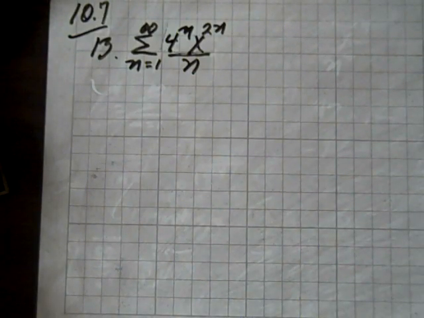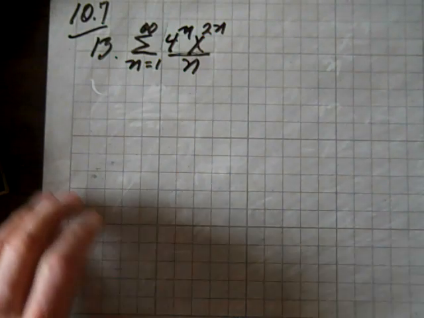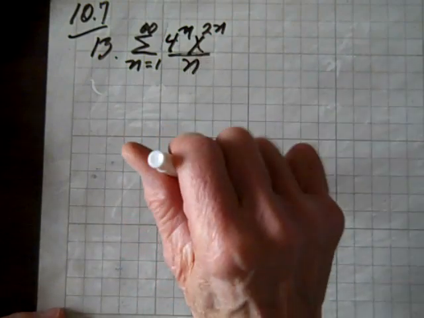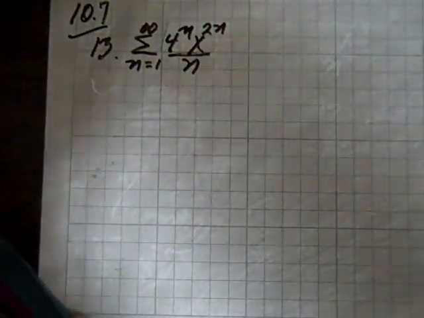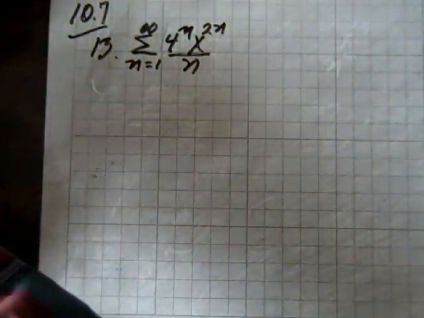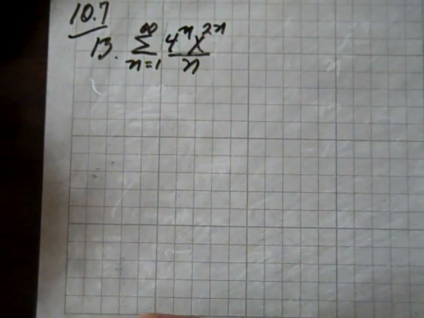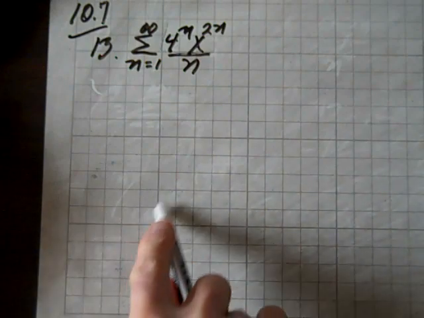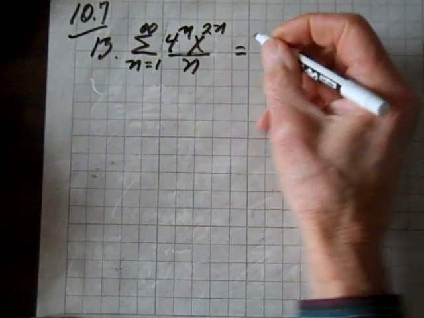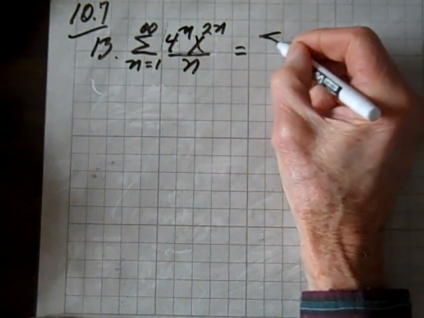Well, now we're on section 10.7. We're doing question 13. Here we have a series and power series, and we want to know if this converges and on what interval it converges and the radius of convergence and so on, where it converges absolutely, where it converges conditionally. So first let's rewrite this